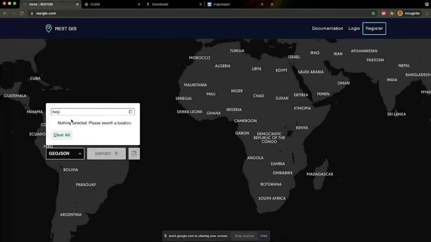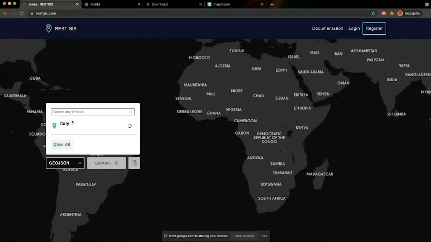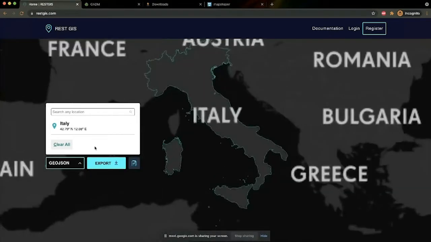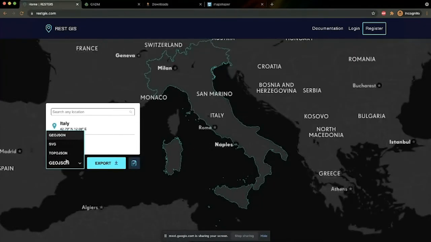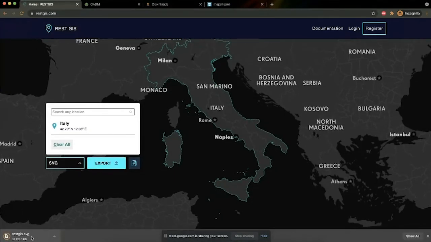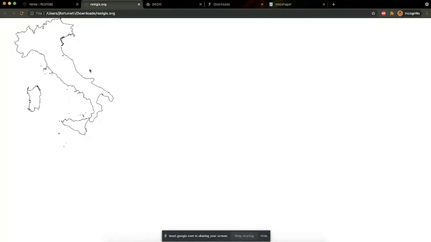Then I can select it. And after that, it will download the GeoJSON file for this site and plot it in the map. Then we can select whatever representation for this file we want, whatever format to export it we want, and then we can export it. After that, we have, in this example, I exported the SVG for this file, and here